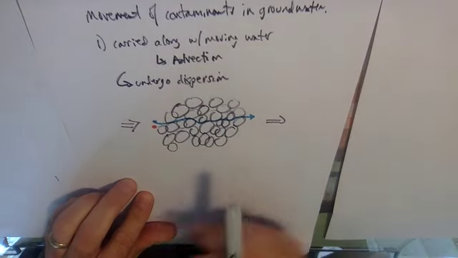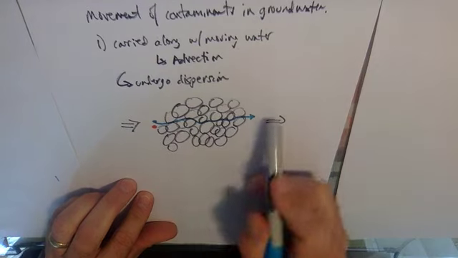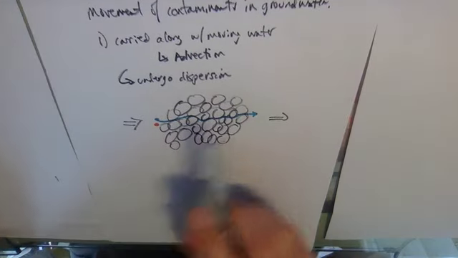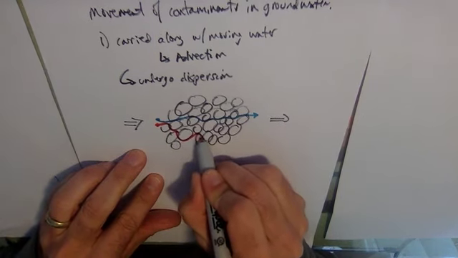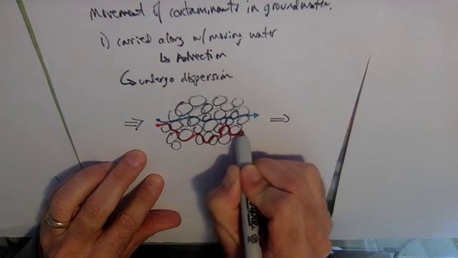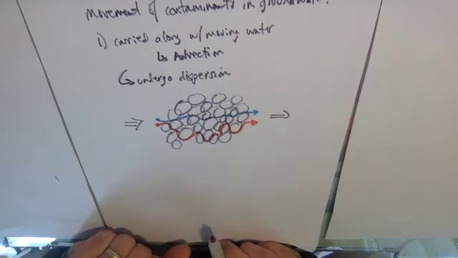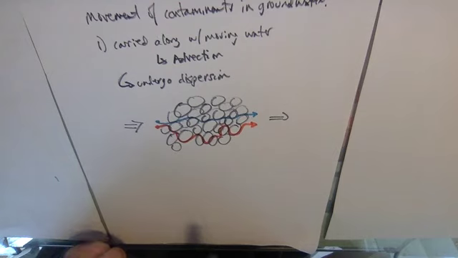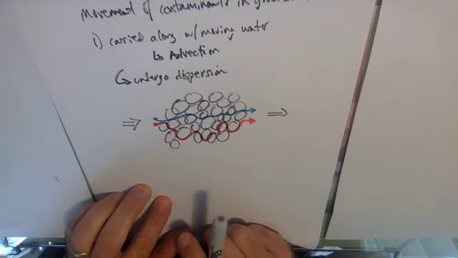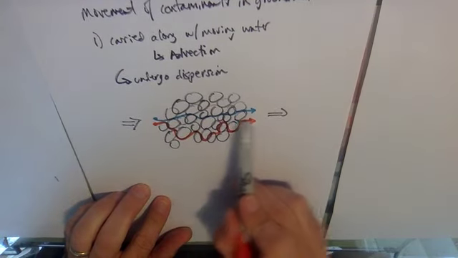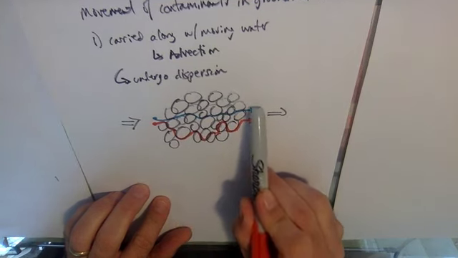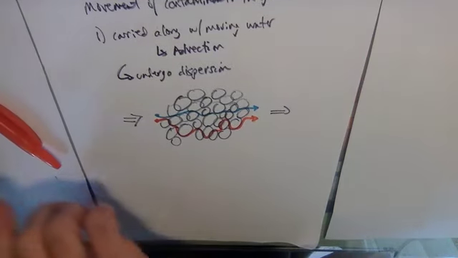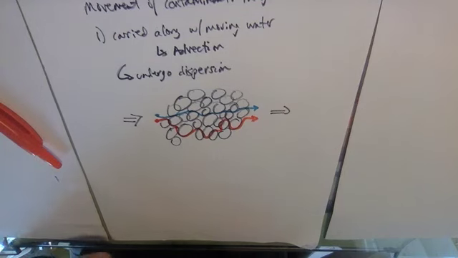But because it took a pretty linear path, it's going to move quickly from the start to the end. You could also imagine, though, that we have, again, just by random luck, this molecule still moving at the mean average speed, but because it takes a much more circuitous route, it's going to get through this batch of sand much later than the blue one did. The orange one is going to arrive much later. So as a result, what we end up with are